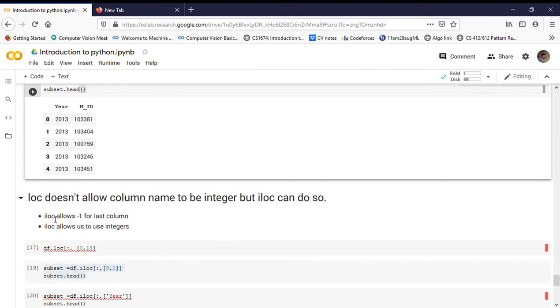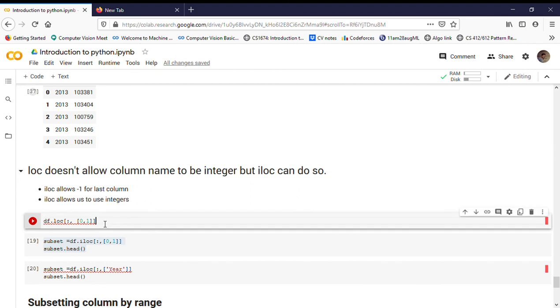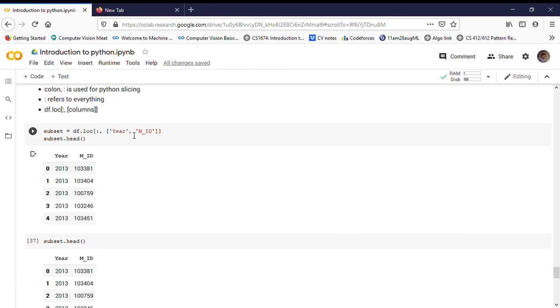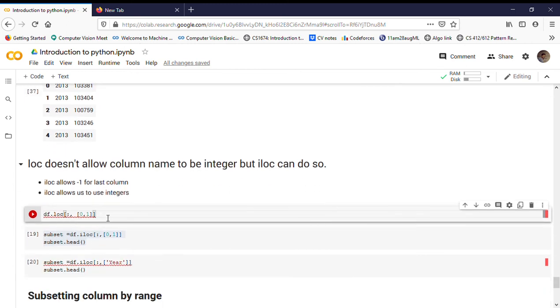Now, loc does not allow a column name to be an integer, but iloc can do so. iloc allows -1 for the last column, and allows us to use integers. Suppose instead I put 0, which indicates the 0th column, and 1 for the second column, and execute it with loc.